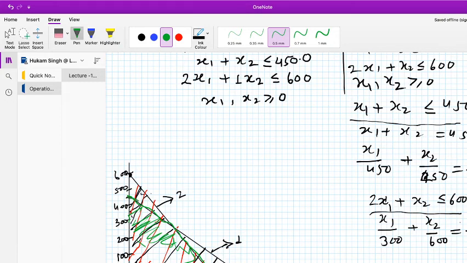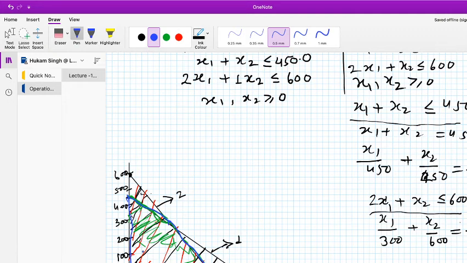Okay, so this is the common region. So let me plot once again. So again, let me plot this boundary clearly so that we can find out the points. Okay. So this is the boundary of the common region. Okay.